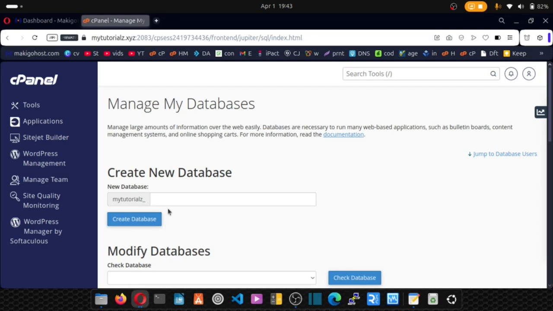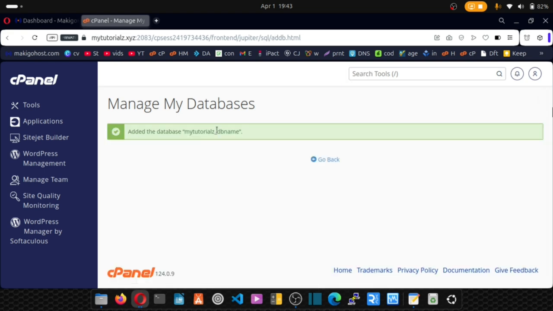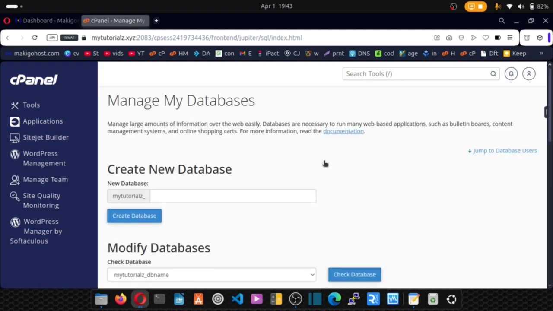I'll take you back there, and then we'll enter our database name. So I'll click and I'll put db name, which stands for database name. You can give it whatever name you want. So db name, and click on create database. Our database is created successfully. Click here to go back. Scroll down